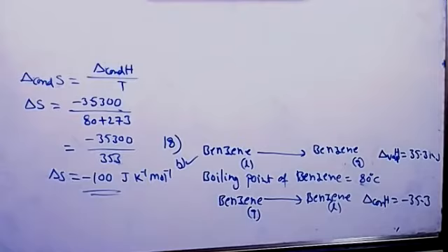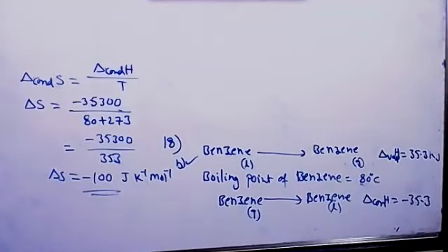Next, 19th. For the reversible reaction, Gibbs free energy is given minus 350 kilojoule. Which one of the following statements is true? The entropy change is negative. Is it correct? A is solid, B is gas, C is gas, D also gas. So the number of product gas molecules is more than reactant gas molecules. So entropy is here actually positive.